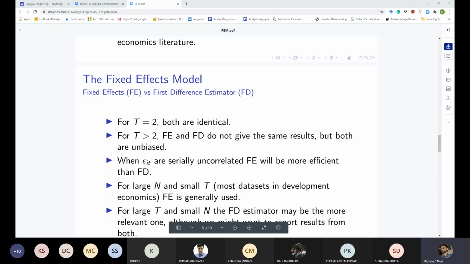No. Once we go through this, I will take you through an example of how we do fixed effects, and then you don't have to collect data on fixed effects. It's a very simple transformation that you have to do. In fact, in software you don't even have to do that. You just type a code, y, x, and it will automatically do that for you. Okay. Any other question?